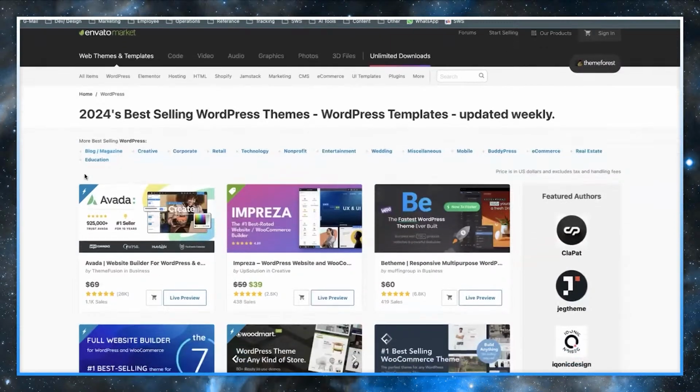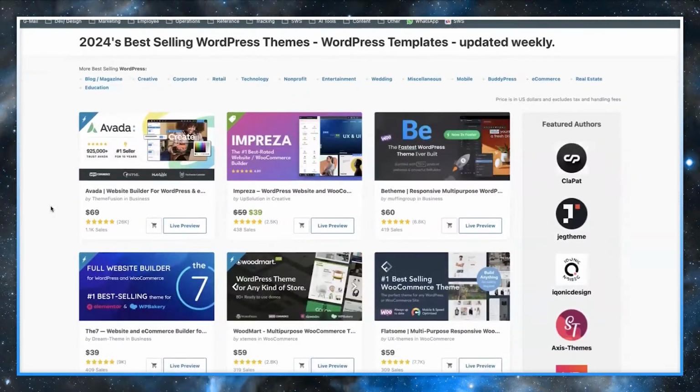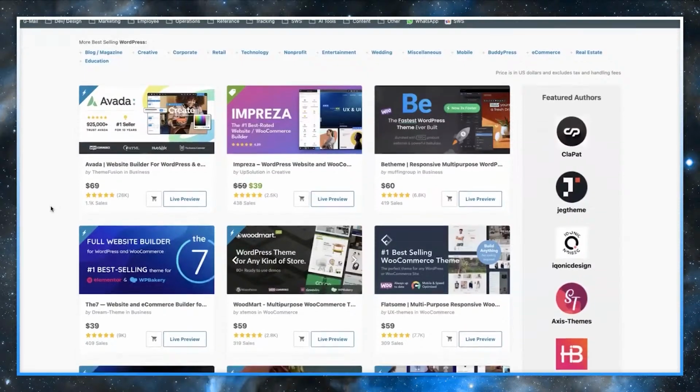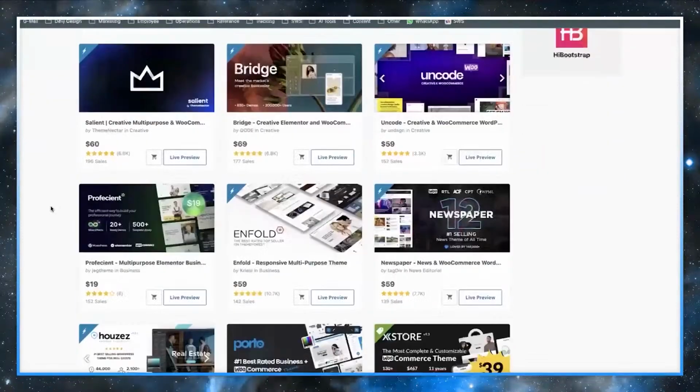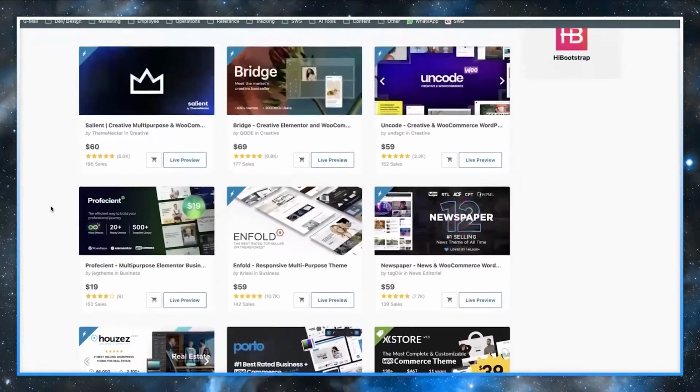And again, if you don't know much about websites, the best way to learn is to go into a marketplace like Theme Forest and look at what's high performing. Look at what's selling out. Look at what themes people love. Because if 26,000 people love this theme and they all have a 5-star rating, it's probably a pretty good theme and a pretty good look. Even if you're not purchasing these themes, if you just want website ideas, you want to see what a nice website looks like, these are literally people raving about these websites. If you want to become a better web designer, look at what these guys are offering.